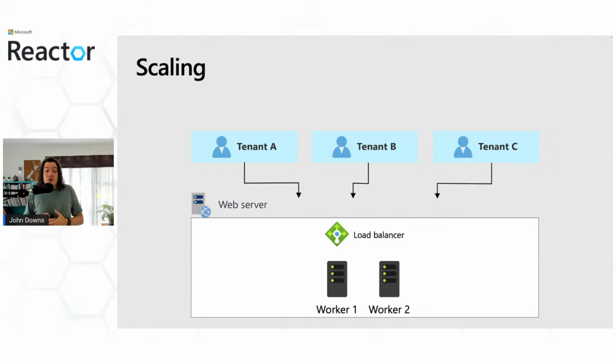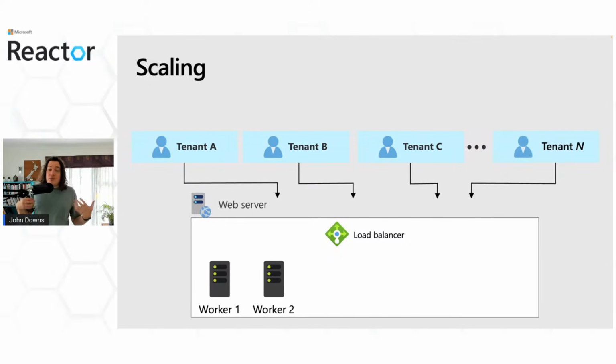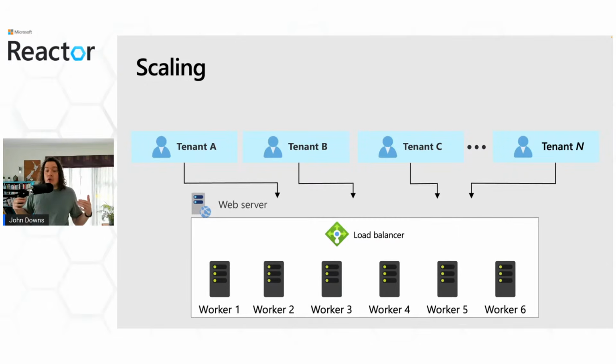In a multi-tenant solution, as you start to onboard more and more tenants, you probably will need to scale out to more and more compute workers because the overall volume of traffic that you're getting is increasing. And so when you build a multi-tenant compute tier, it's important to consider how you plan to do that and to use features like auto-scale and event-driven scaling and good monitoring to ensure that your tenants experience acceptable performance. But it's also important to consider state, because for many multi-tenant systems, storing state on the workers can become a bit more complex.